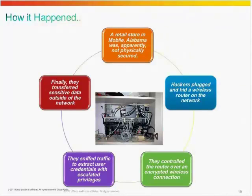This organization had a number of stores where computer rooms were not physically secured. They didn't have their network gear in locked rooms like they should have. So someone took advantage of this gap and hid a wireless router behind some of their other network gear. They then connected the router to the store network and controlled access to that wireless router via a secure wireless